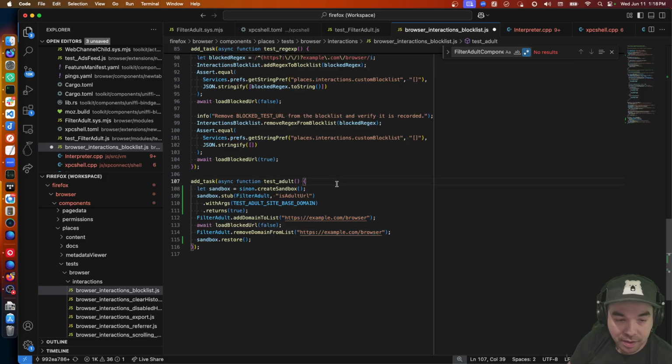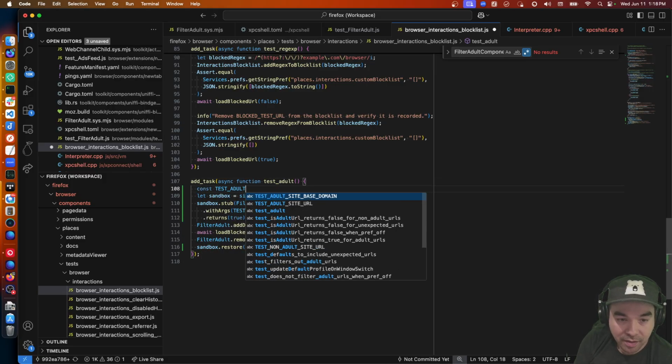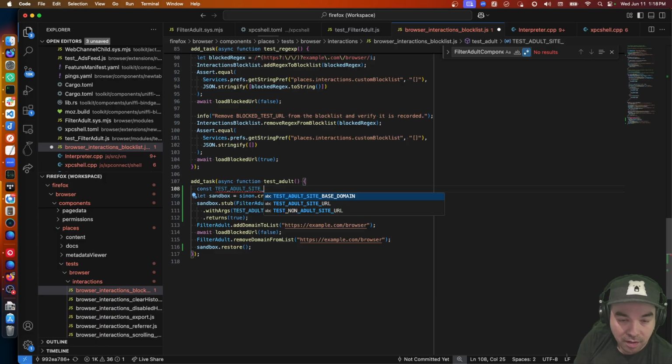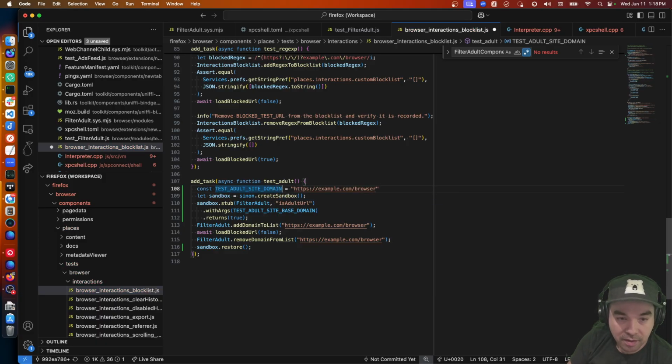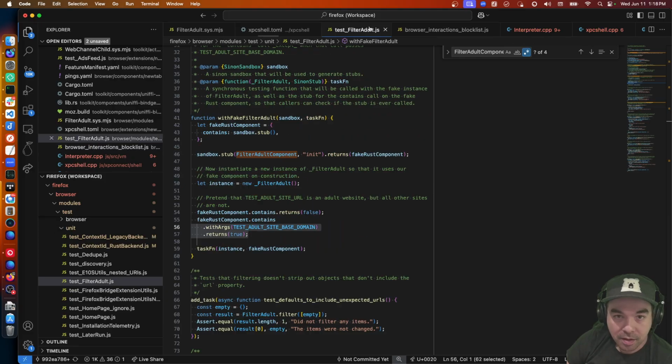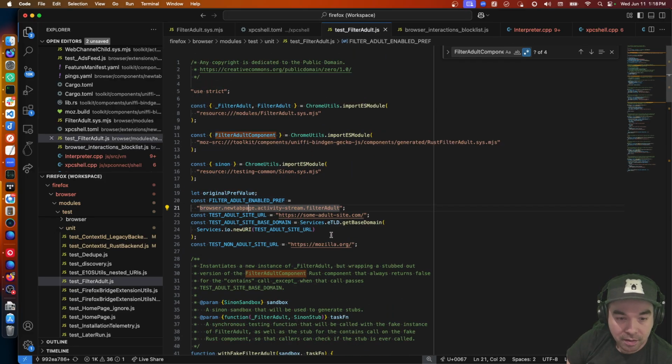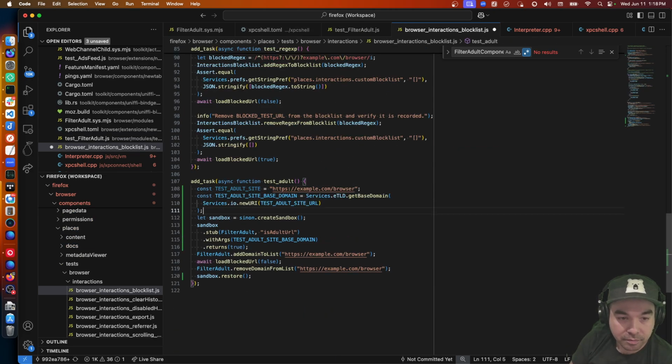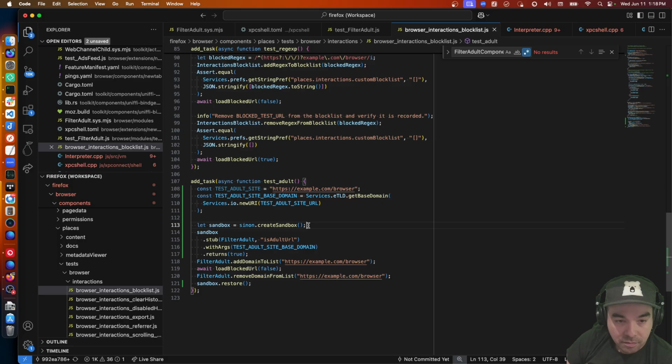Base domain actually, const testAdultSiteDomain equals test adult site. Then we'll say that the base domain is this. Okay.